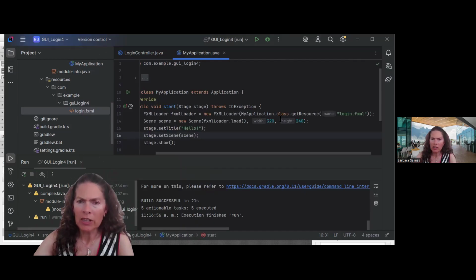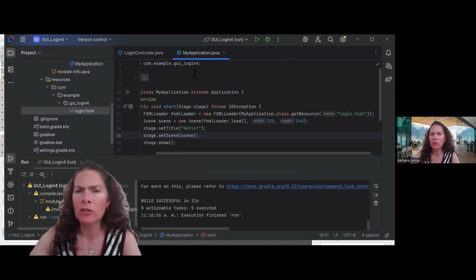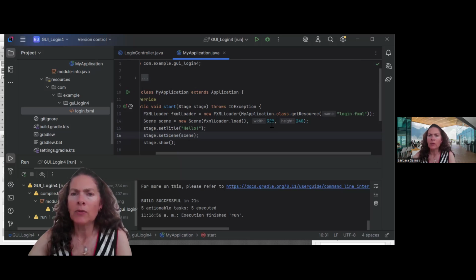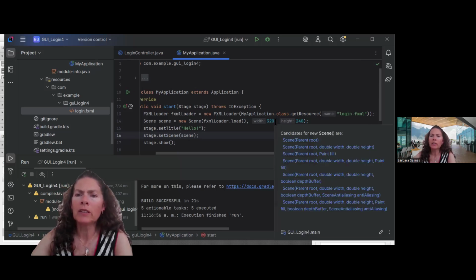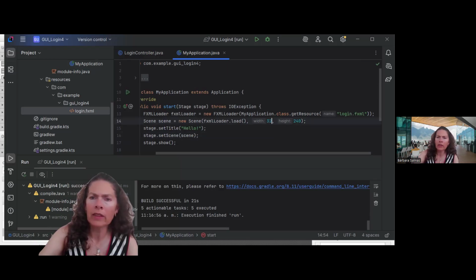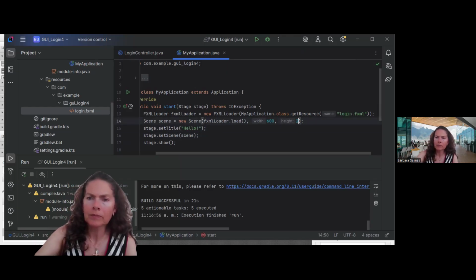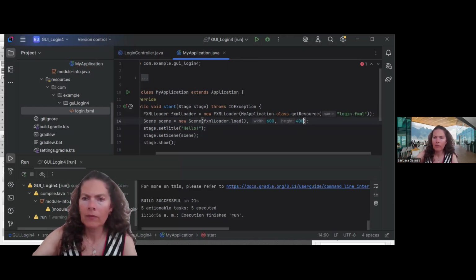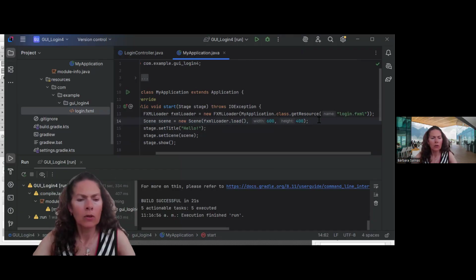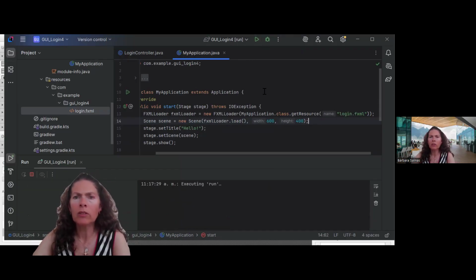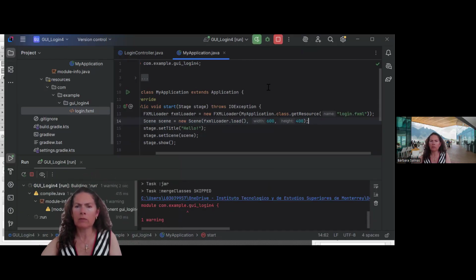If you want to change it right now, it's here in the My Application class. Instead of 320, the width is 600. And the height is 400. Okay, Control S, and then we run. So you can see it